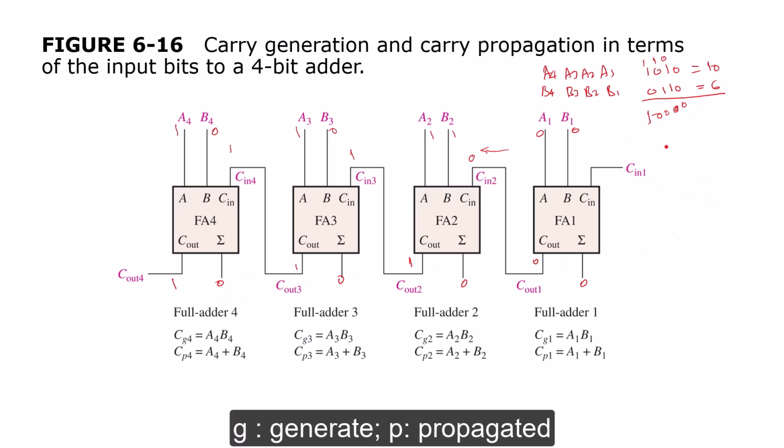So you see it here. And the 1, 0, 0, 0, this is really just 16. So you can see the result is really correct. 6 plus 10 is 16. So the important thing that we notice is that